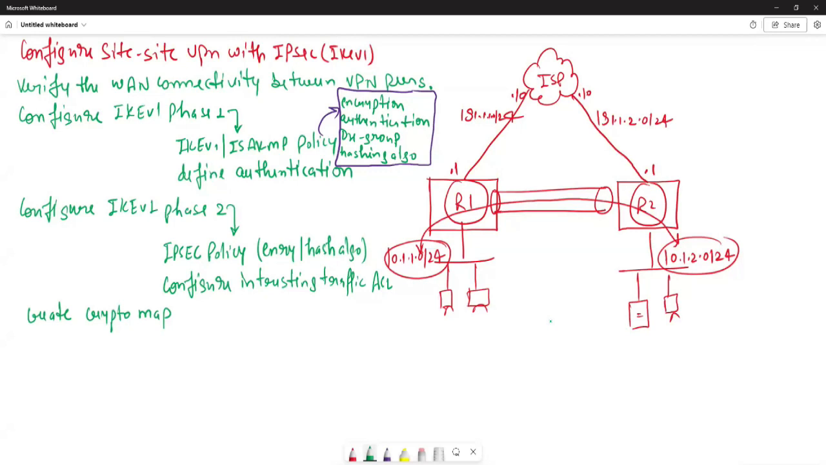So what we need to do, we need to create a crypto map and call VPN peer IP address. ओके. VPN peer IP एड्रेस जिसके साथ आप VPN एस्टेब्लिश कर रहे हैं. तो अगर आप R1 पे क्रिप्टो मैप बनाओगे तो उस पे R2 का WAN इंटरफेस IP एड्रेस डालोगे, राइट? और अगर आप R2 पे क्रिप्टो मैप बनाओगे तो उस पे R1 का वैन इंटरफेस आईपी एड्रेस डालोगे। ओके, सो VPN peer IP address, interesting traffic ACL,